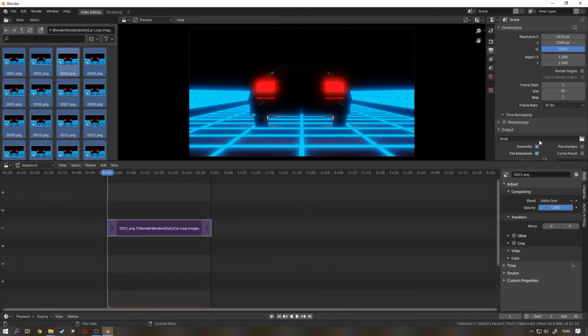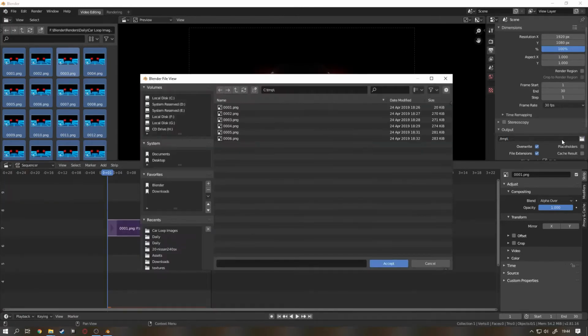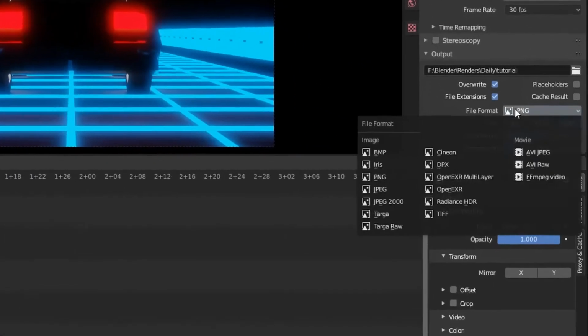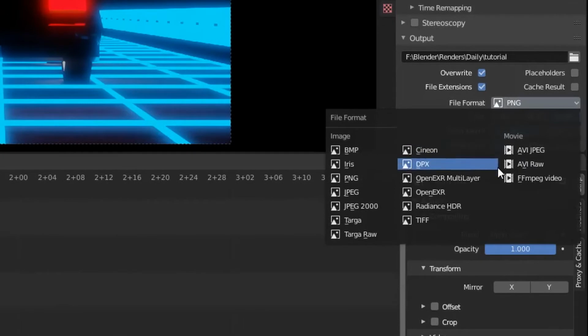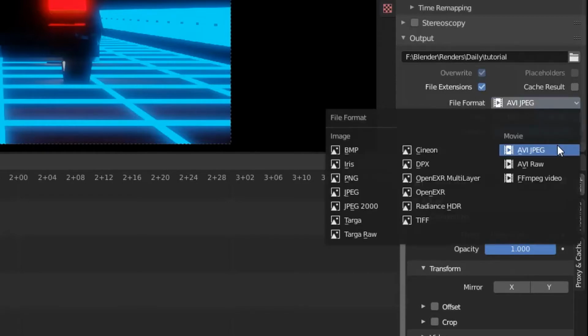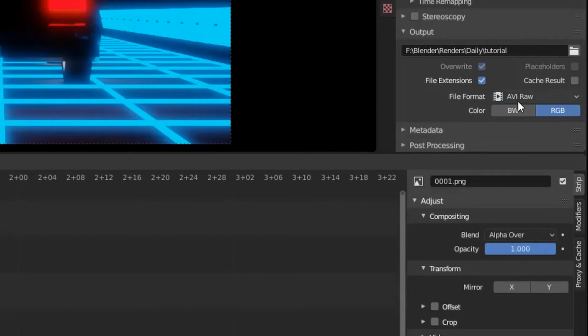You need to go down here and set your output path to wherever you want it. Otherwise, it'll render out more images, which is pointless. Now, there are three options here. AVI JPEG, forget that. You either use AVI RAW,